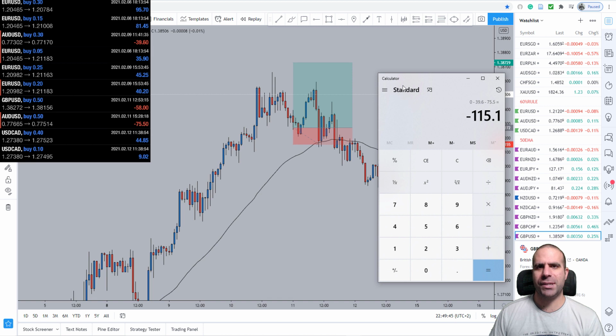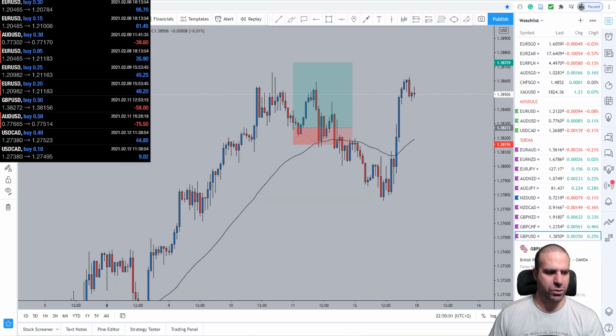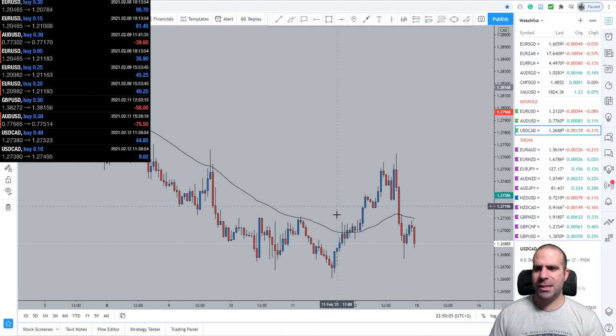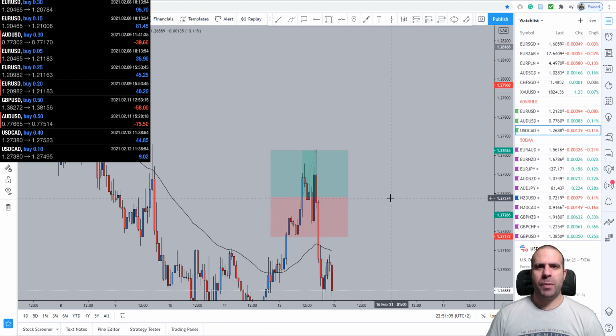This was not taken with the 60% rule, but still I had to show it since I'm showing all the trades of the week. This was the other minus. We had these three losses, as you can see, minus 58, we have a minus 173.1. And then moving to USD CAD, this is another pair that I will be using with the 60% rule,